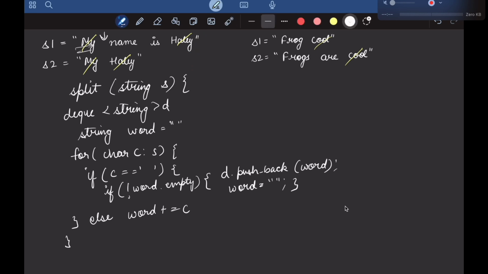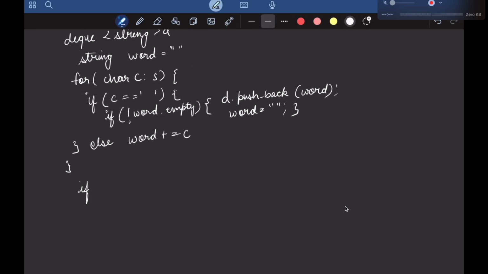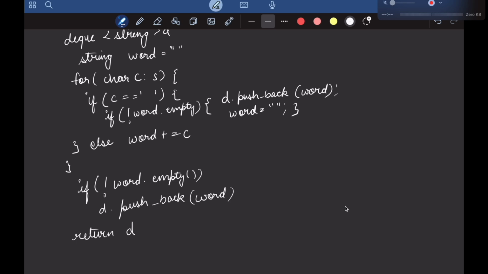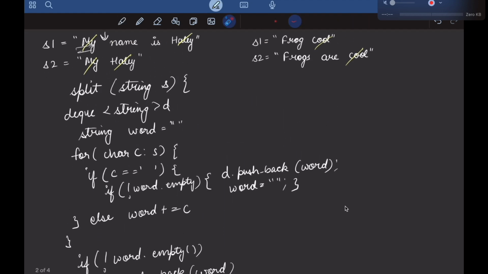So at the end also, we need to check that if my word is not empty, then you push this word in our DQ, and then we'll return D. So when you call this function over both these two sentences, you will get the corresponding DQs of these two sentences containing the words of the sentences as their elements, right?